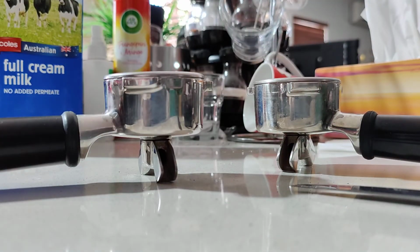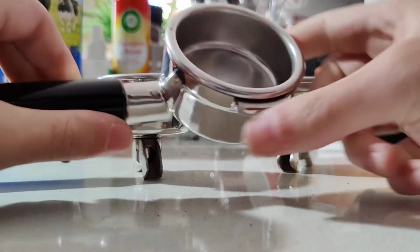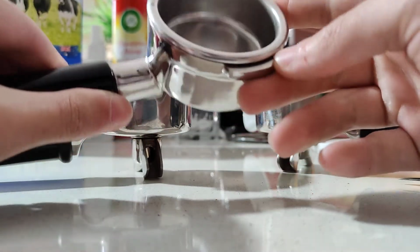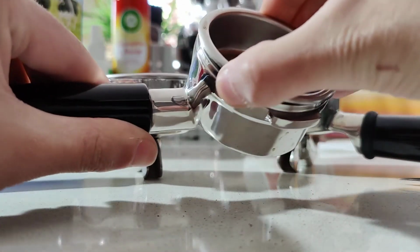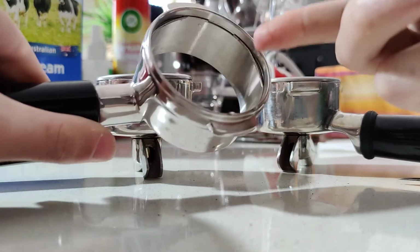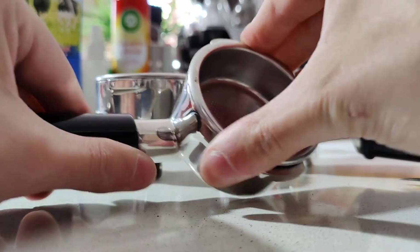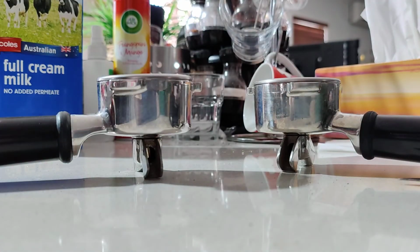And you can do the exact same thing with the 900 portafilter. This is an aftermarket bottomless portafilter for my dual boiler. It's a pretty tight spring, but it has the exact same mechanism. You can just take it out, tighten it, put it back on. It'll do the exact same thing. I'm pretty sure a lot of coffee machines have the same spring, so you can do this